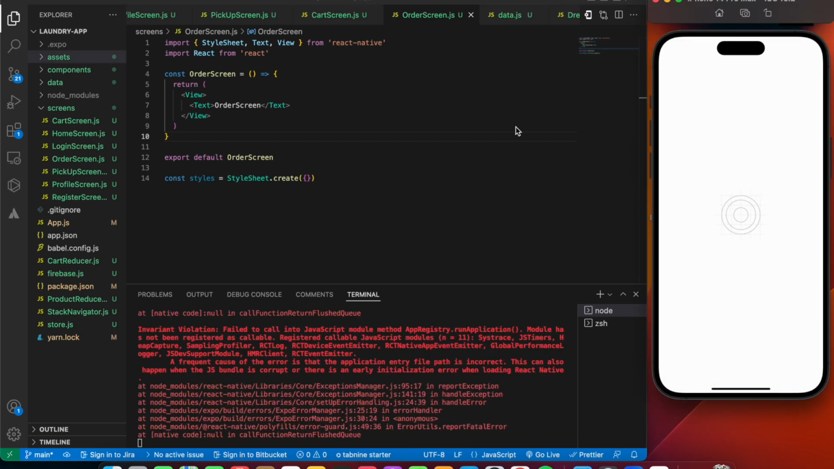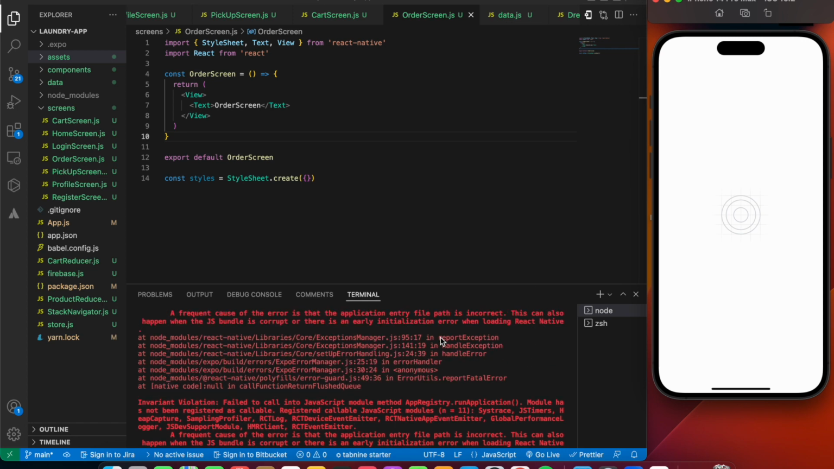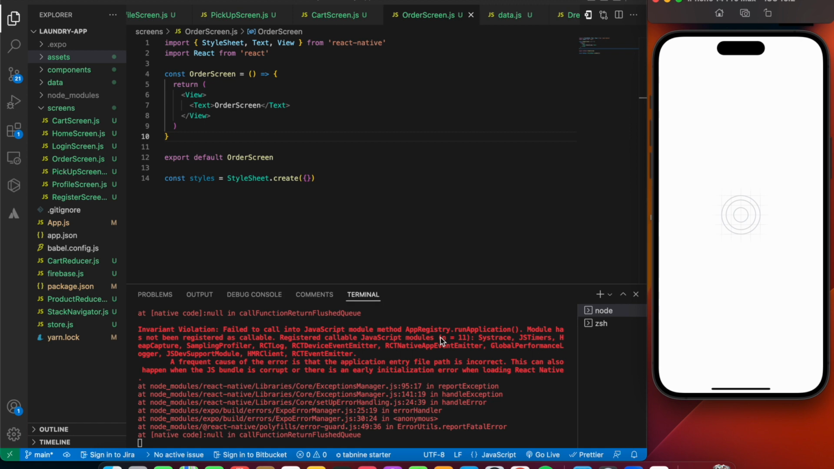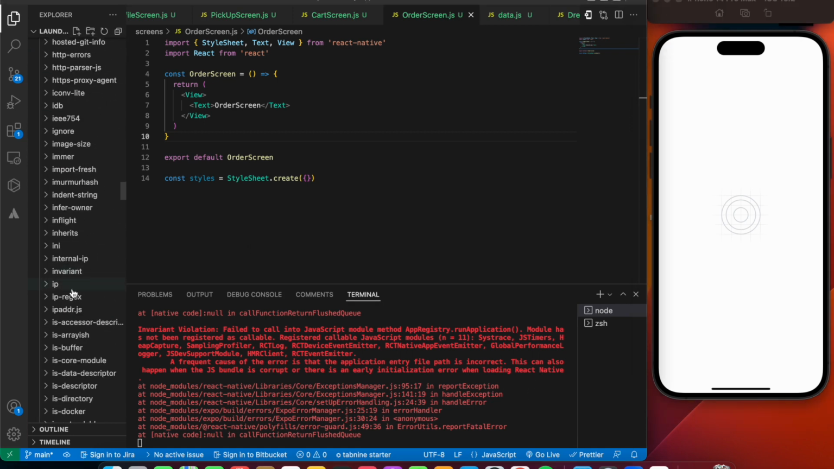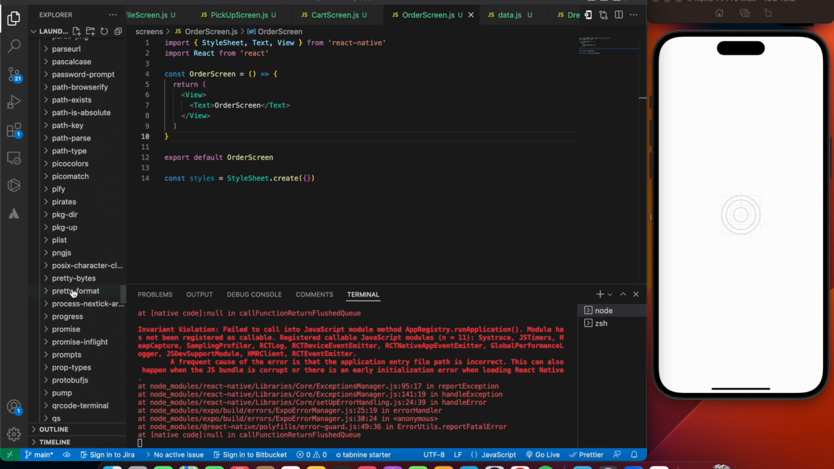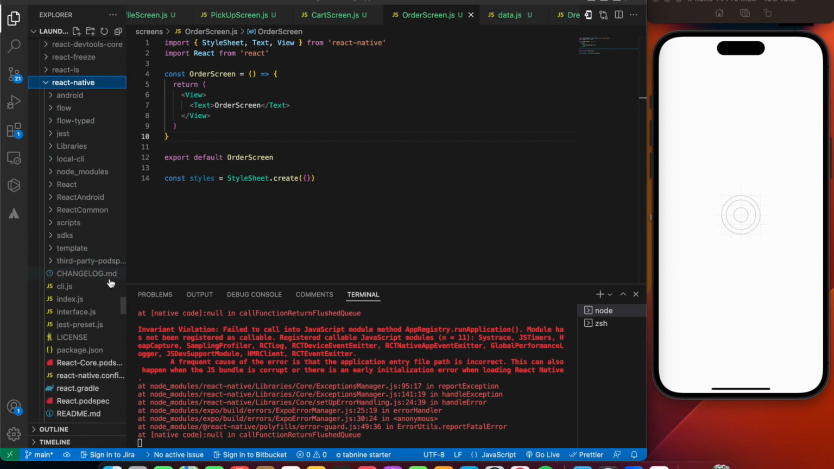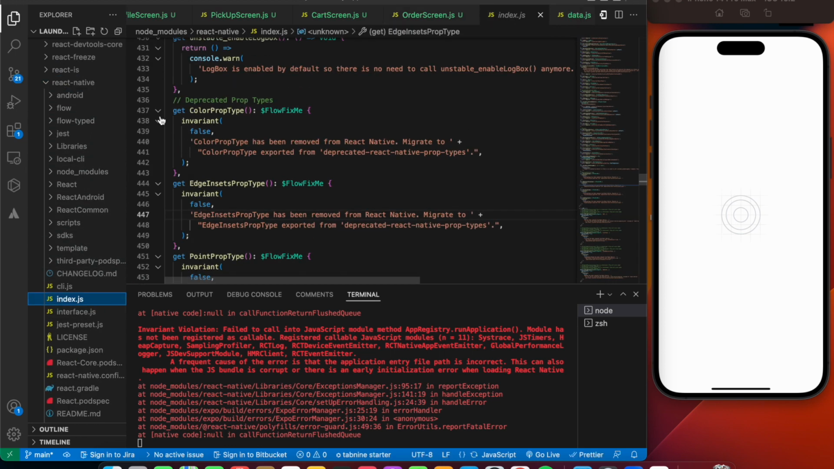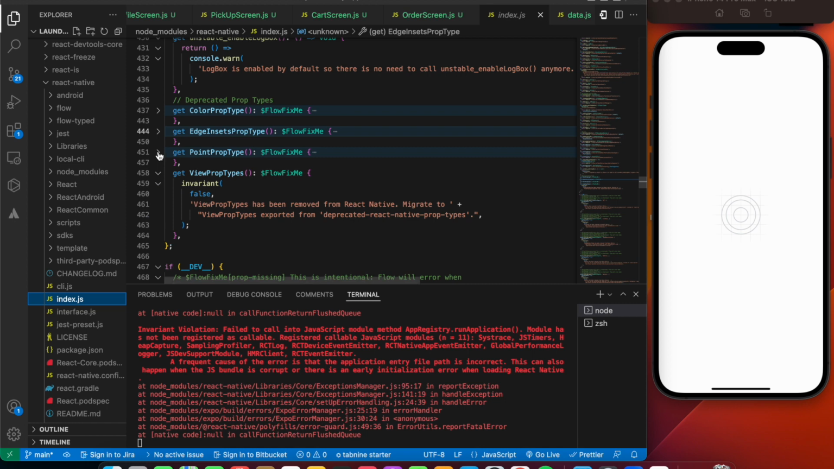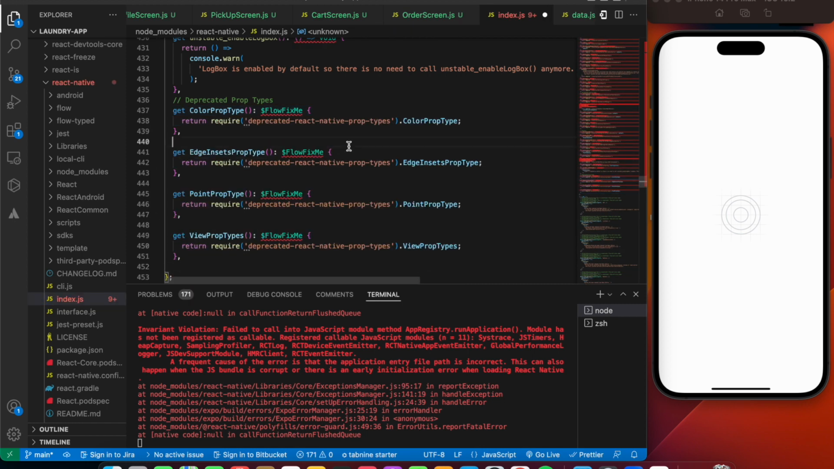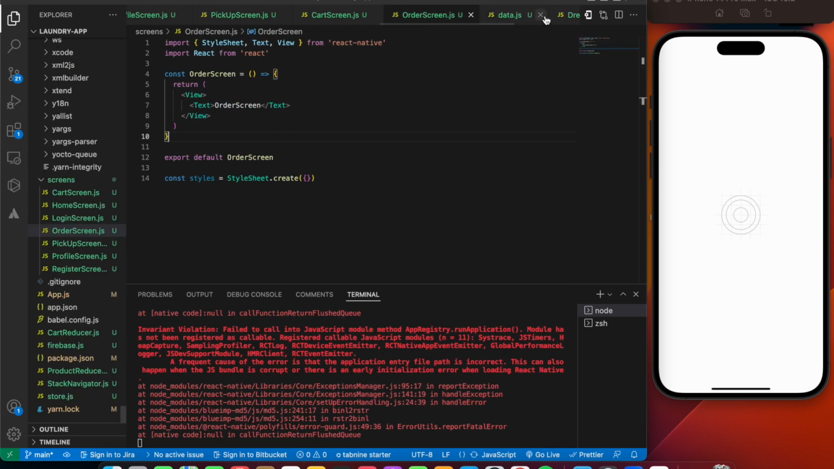Okay, so firstly, again we have the same kind of error. So what I'm going to do is quickly go into my node modules folder, into the React Native folder and then the index.js file. I'm just going to paste the required code over here. So I've just pasted the code, saved the file,